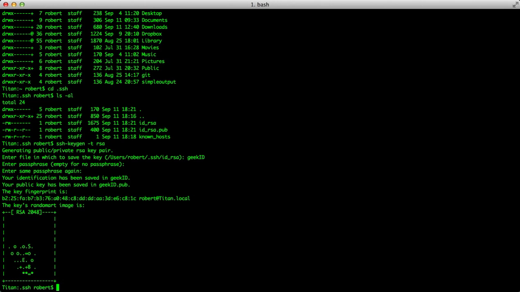Now that I have a key, we need to upload it to the server. In most Linux distros, there's a handy utility called ssh-copy-id. For whatever reason, Mac OS X, at least on Mavericks, does not support this, so we'll have to go a bit more roundabout way of doing things. We'll push our file up using SCP, which stands for Secure Copy. So, in terminal, we'll type